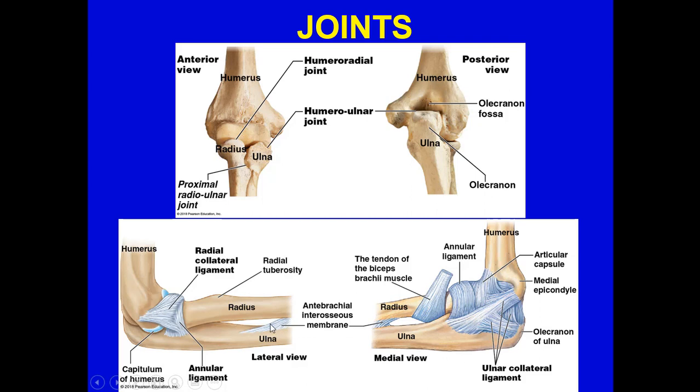And then you have this interosseous membrane that provides further stability between the radius and the ulna. That's the lateral view. Let's do it on the medial view, the inside here. And you can see the tendon of the biceps brachii muscle coming out from here. You have the articular capsule over here, the medial epicondyle here, which is attached then to the ulnar collateral ligament,